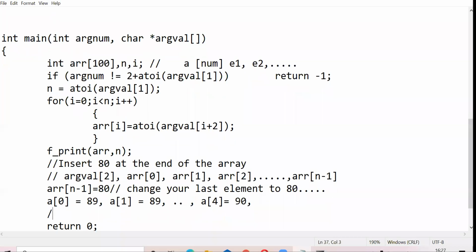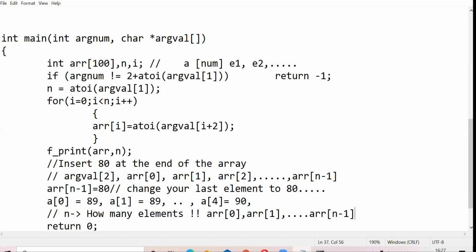Okay, so there are two things associated with this array as of now. N tells you how many elements are there in this array, and the values of those elements are stored from ARR 0, ARR 1 up to ARR of n minus 1.